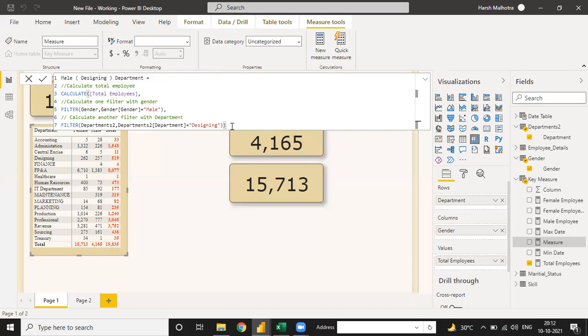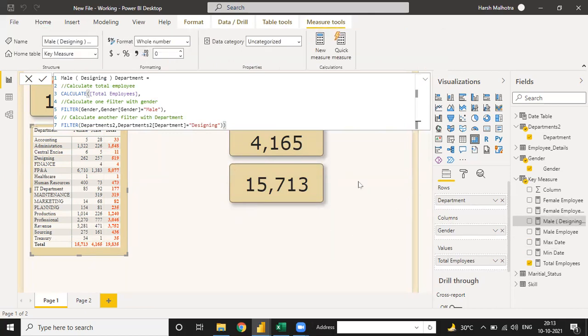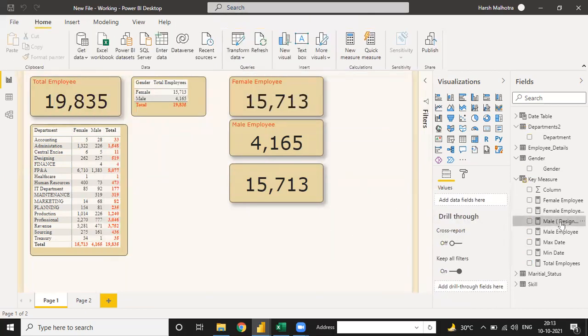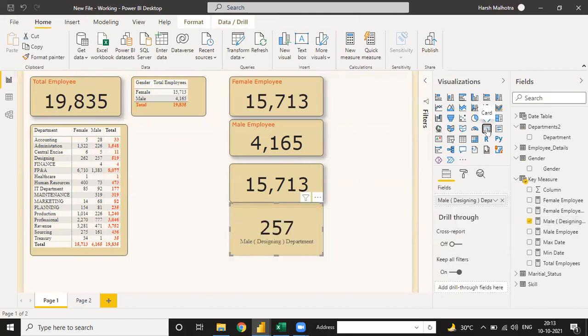Okay, so for this example, you can give me the answer for male of designing department only. When I click enter, male of designing department gives the value 257, see, the value is 257.